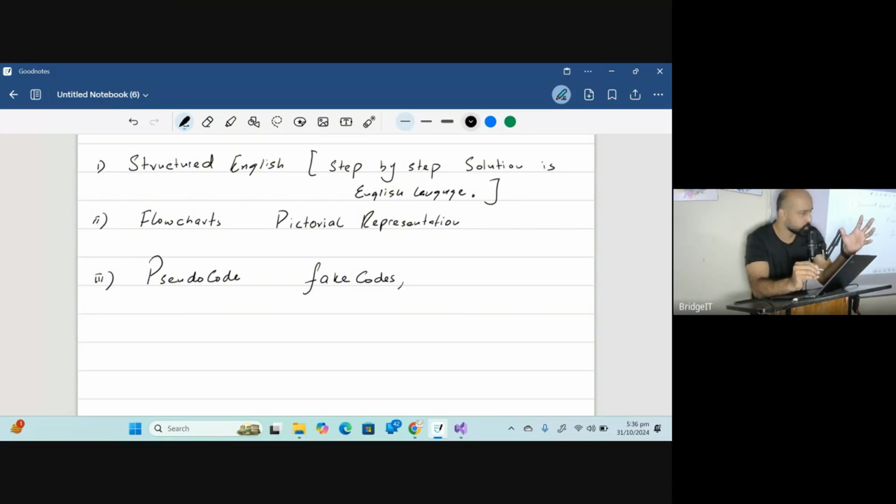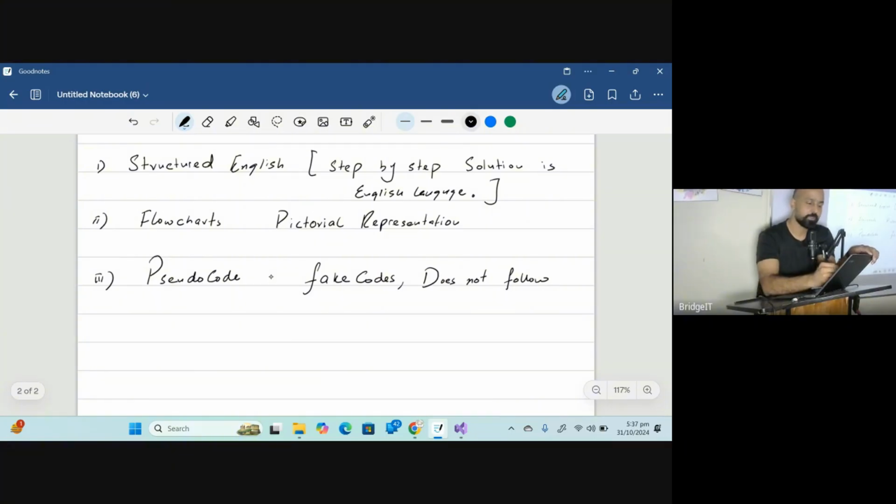It looks like a programming language code, but they are fake, because they cannot run on a machine. They do not follow the syntax of any particular computer language, but almost look like one.